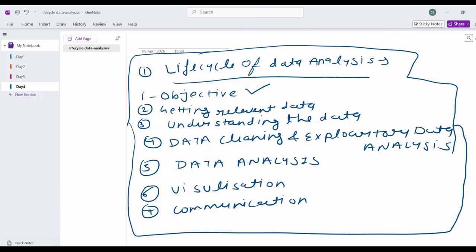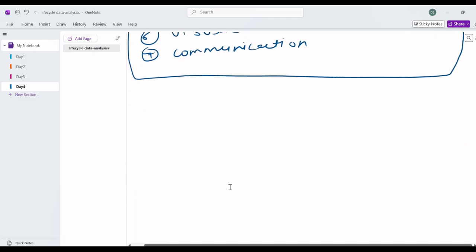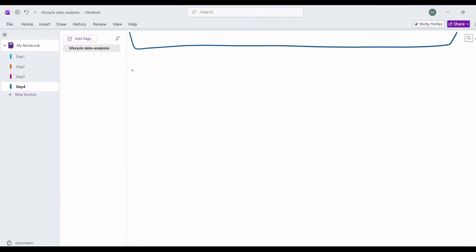objective. I will explain what the first step is and what you have to do in it. The first step, objective, is just the beginning phase of your analysis, which is the most important thing. Here you have